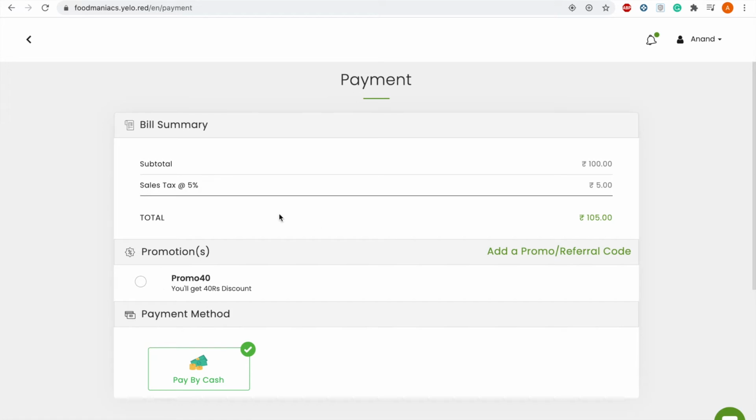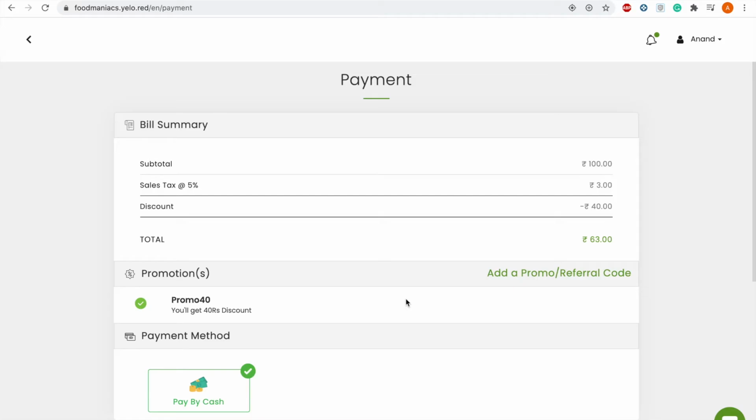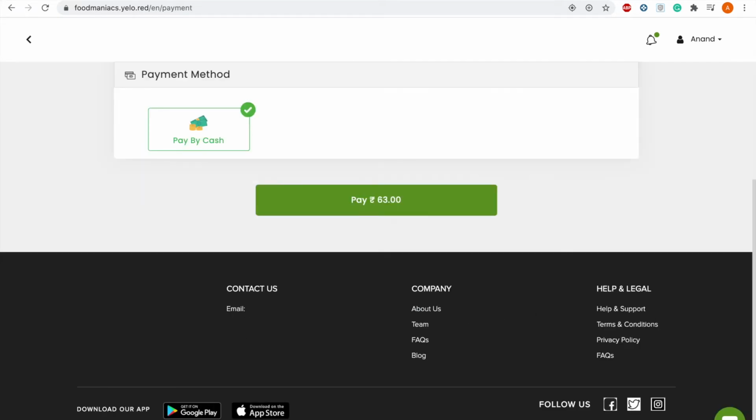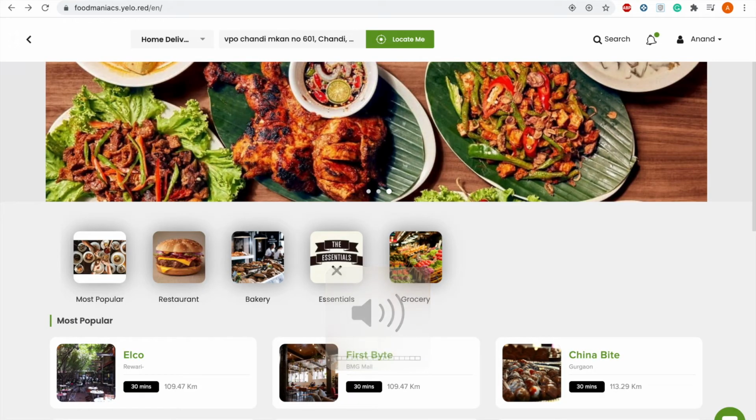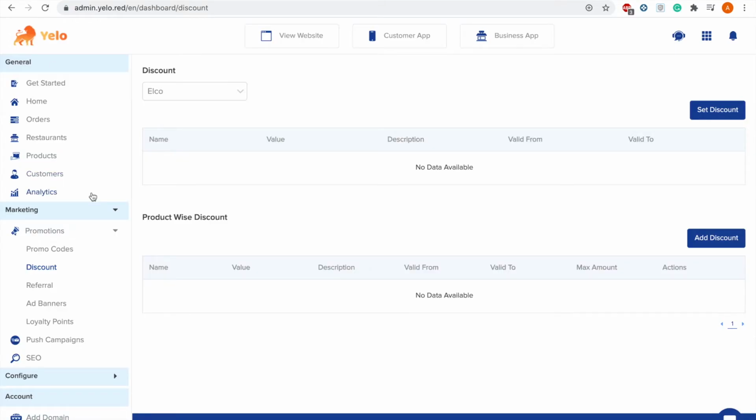Here you can see that there is a promo code available, so we can apply that. Here you can see that we are getting 40 rupees off. So now we have explored the promo codes, and now we are going to the discount section.